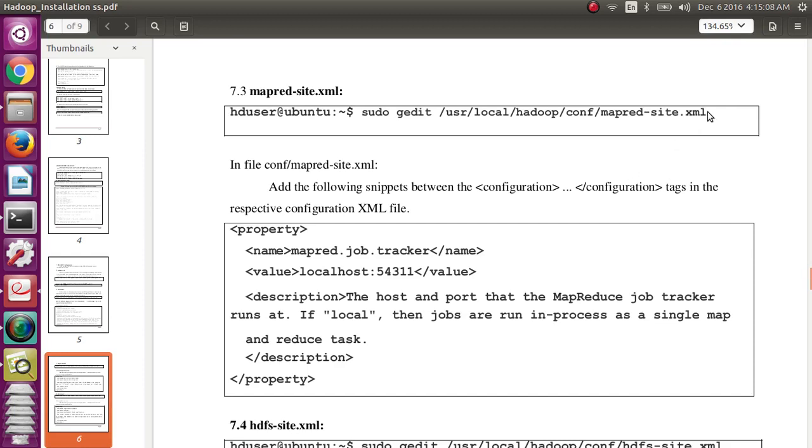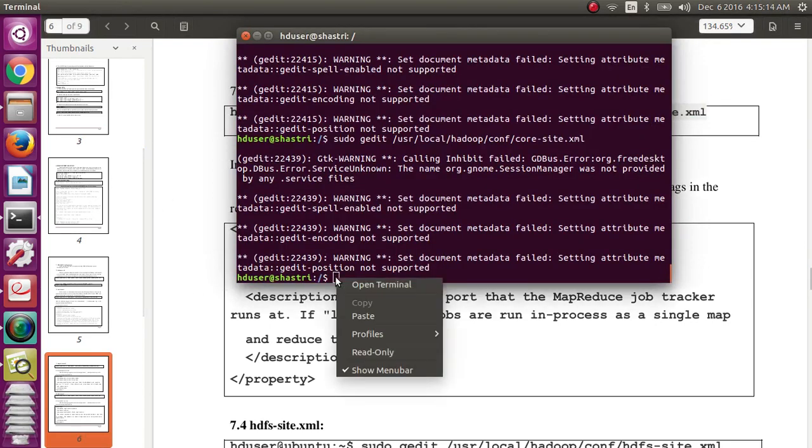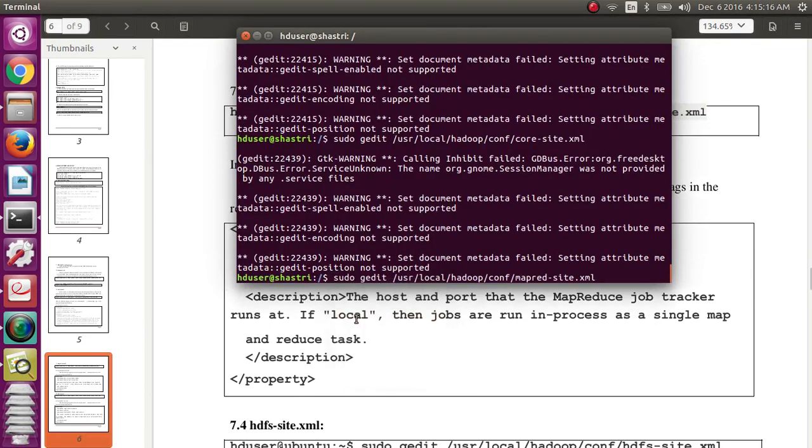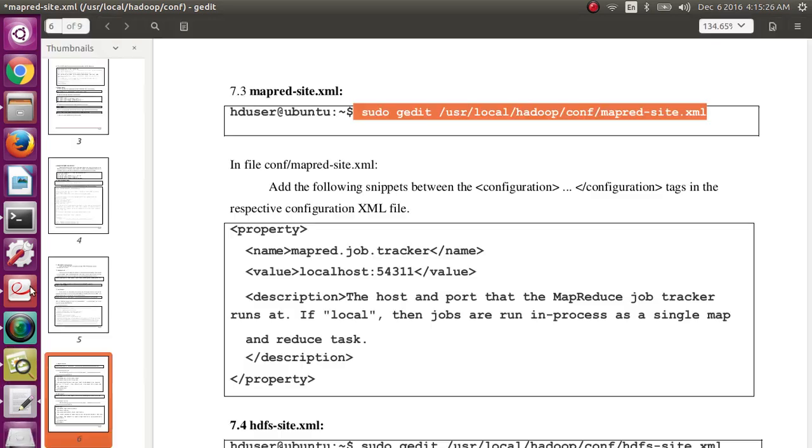So the mapred-site.xml file can be opened the same way we set core-site.xml previously. Similarly, you can set the MapReduce site XML for the job tracker.